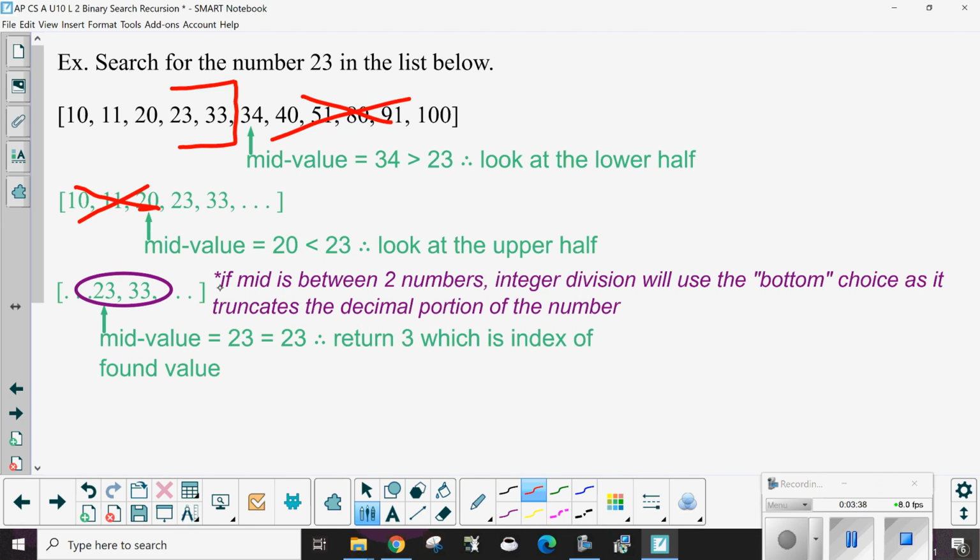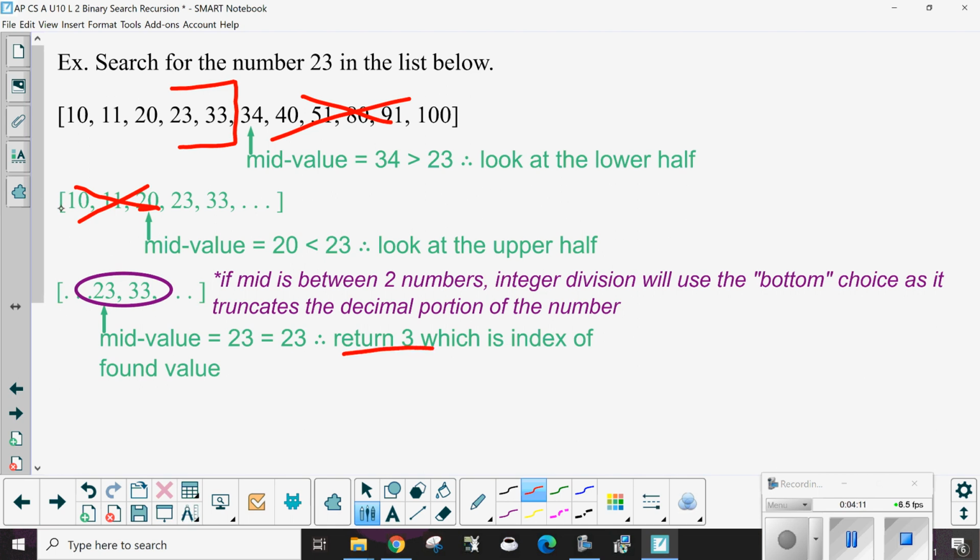Now, if mid is between two numbers, so I only have two values, integer division will occur, and I'm going to use the bottom half because I get whatever 0.5. And remember that the decimal part is just truncated. So when I just have 23 and 33, this value, 23, is the one that is the middle. Well, 23 equals 23, and therefore I return 3, which is the index in the original list of the